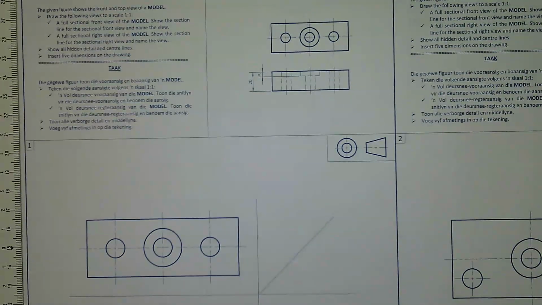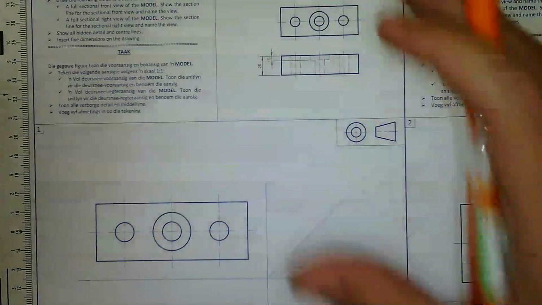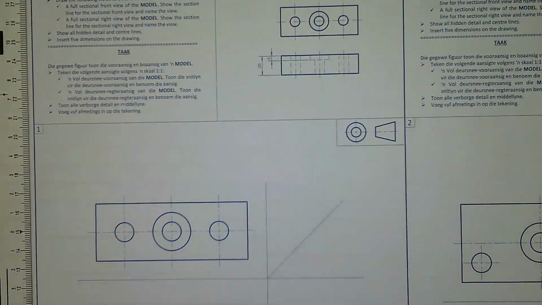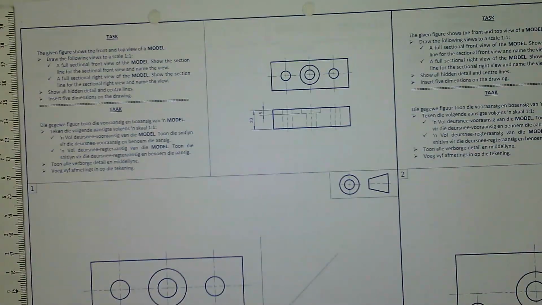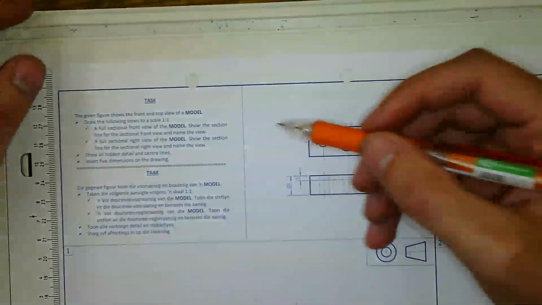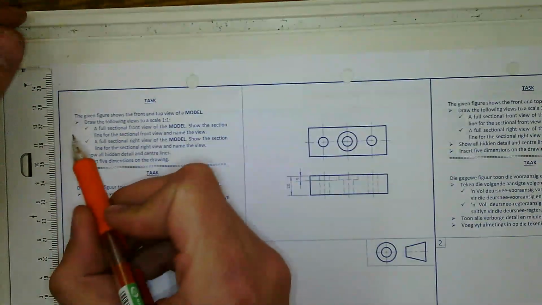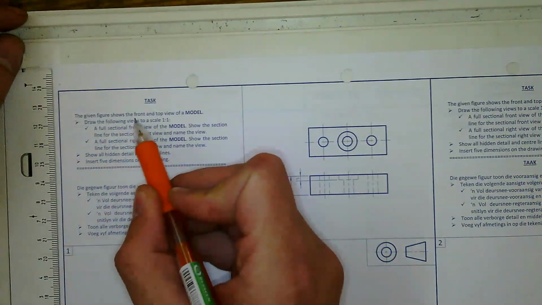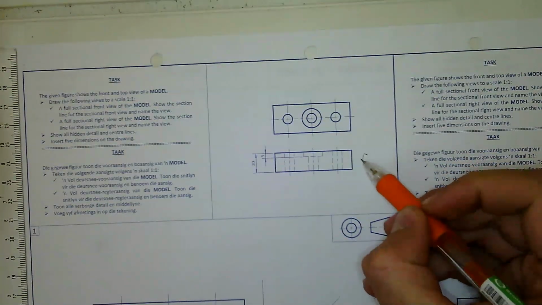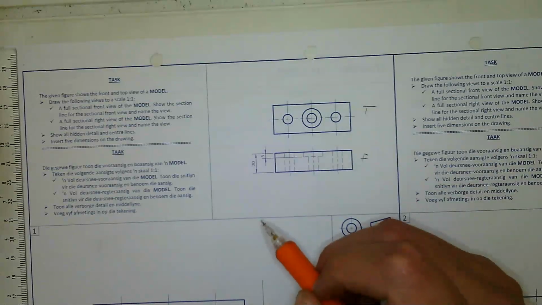Great, and today I want to take a look at some basic principles when we are thinking about mechanical drawings. Now, I am on page 6-6 in the HSE workbook if you want to draw along. And they give us the following information. They tell us that the given figure shows the front and top view of a model. So in other words, we have a front view and we have a top view right there.